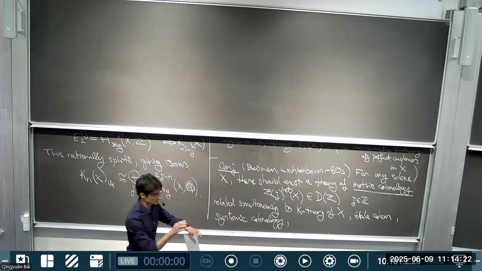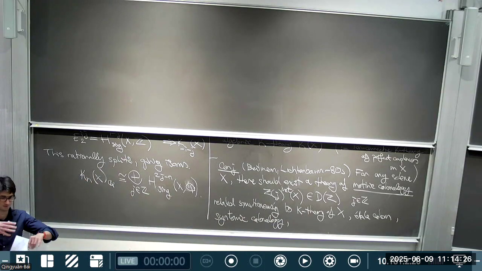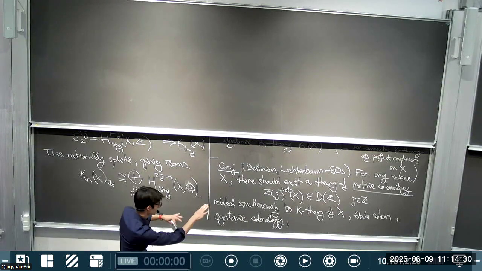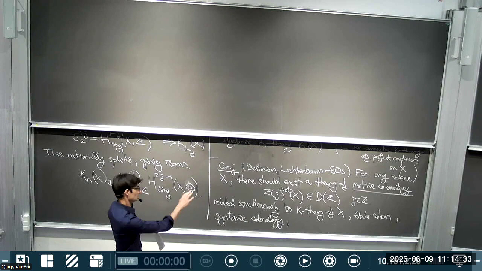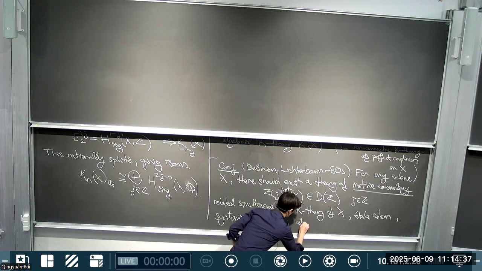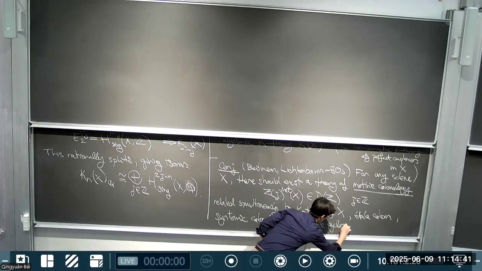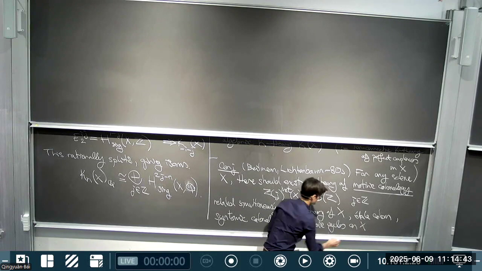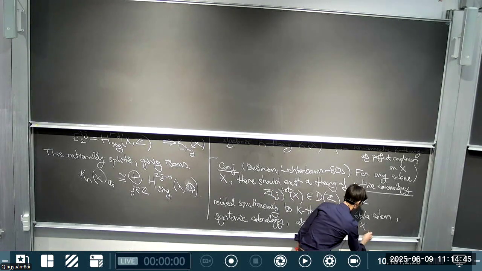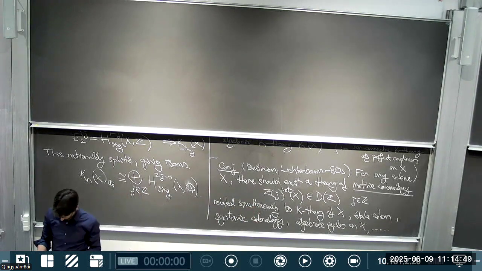But now singular cohomology can also be described very explicitly. We look at combinatorial information of cycles and subvarieties of the space and so on. And so you'd like some manifestation of that also here. So these motivic cohomologies were also expected to be related to algebraic cycles on X, at least in nice cases. Maybe I could put some dots, but I've already got key points on the board.